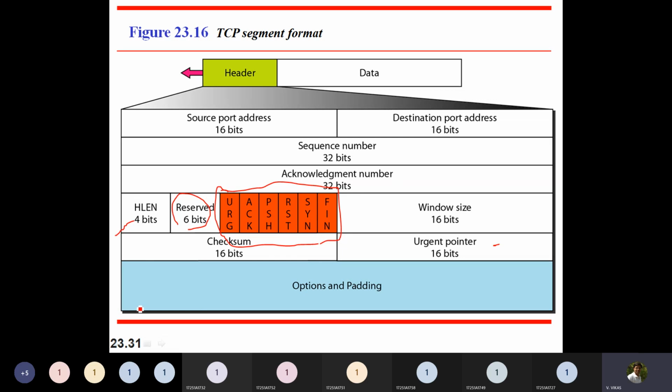For example, your data is starting from byte 1000, and after filling up the data till 1199, you found something is very urgent. Then at 1200 you give that particular information. You say here that at 1200 I have some urgent information which you need to process.